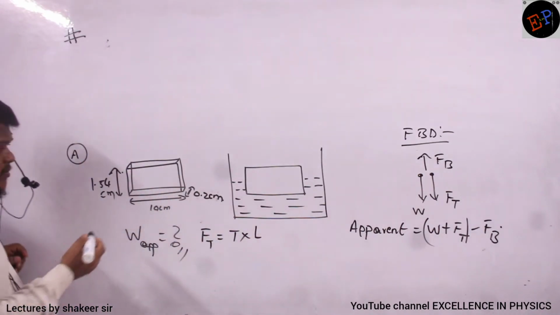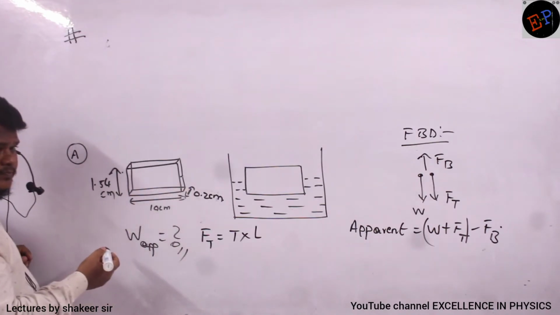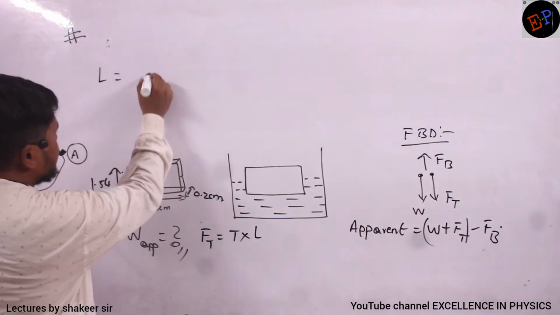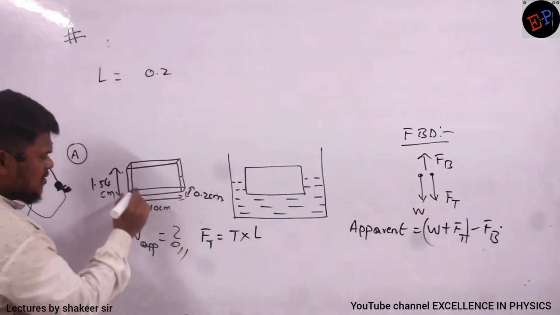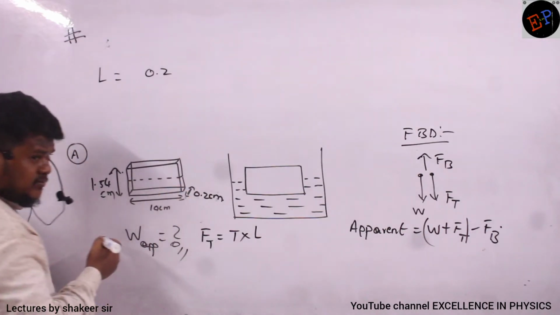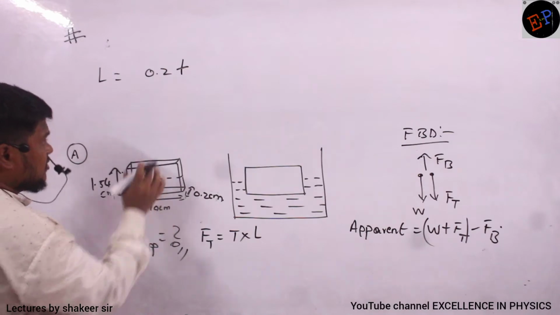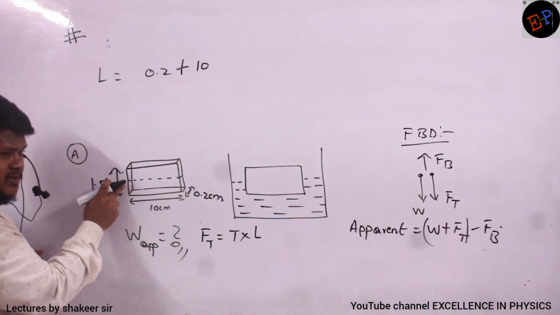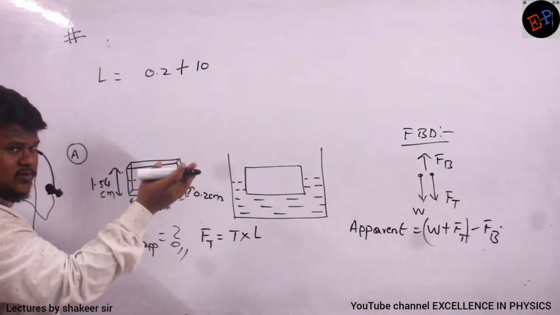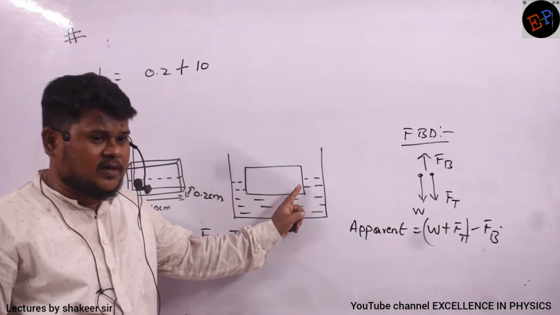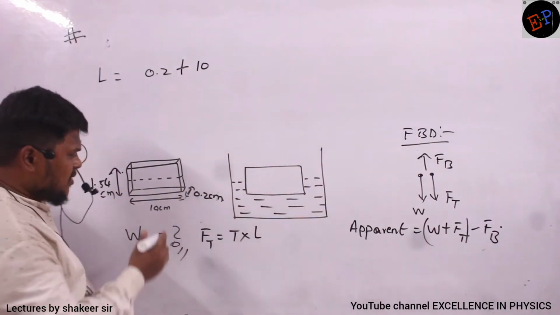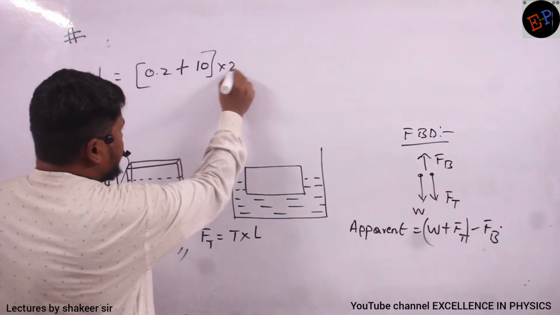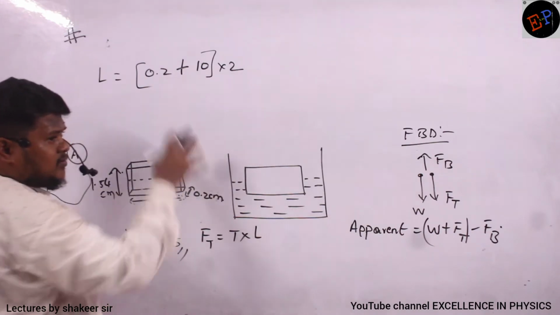Okay. Water molecules, they are touching this side, no? They are touching this side, no ma? And what is that length? So L I can call it as 0.2. Here also water molecules are touching. No? Similarly, water molecules are touching lengthwise also. No? So plus additional length is 10. But on the other side also it is touching. No? And this side also it is touching. Are you able to understand? Plate has two sides, no ma? So on the front side there is one length, back side also there is one length. Similarly, here there is one width, here also there is one width. It means these two, if I multiply by 2, this is the total length where water molecules are touching.